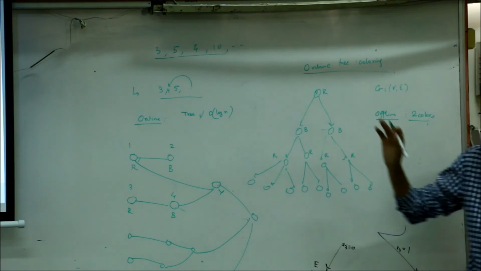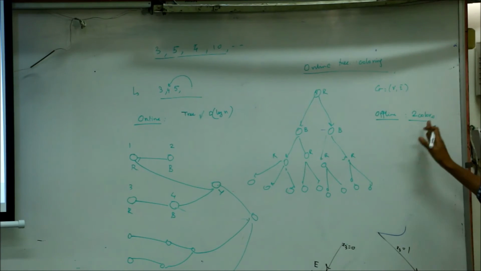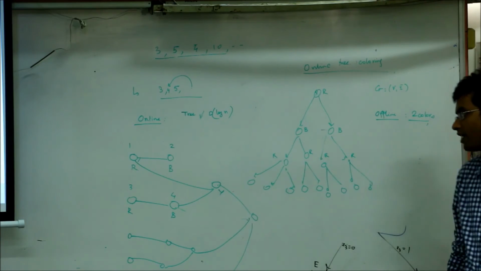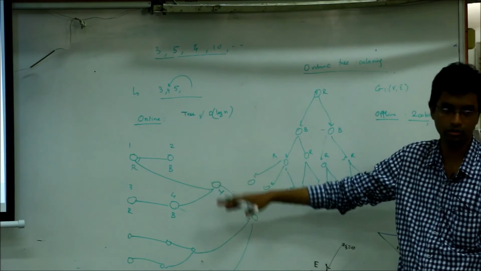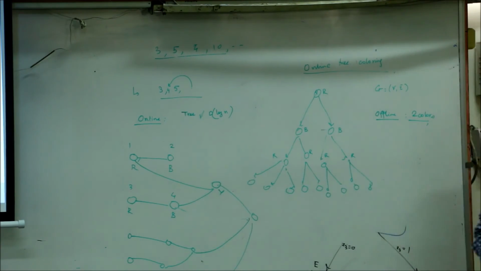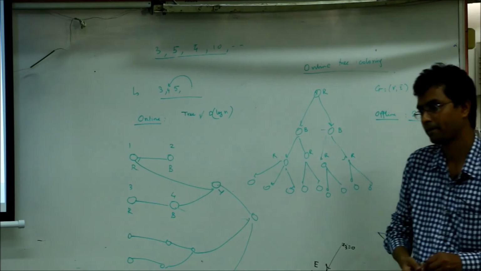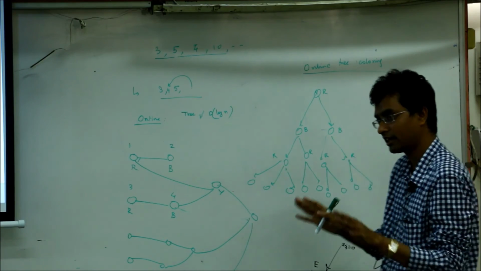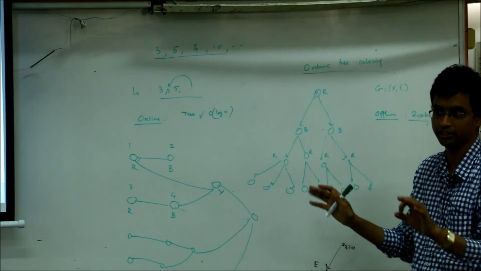That's the complexity. Just to see, in the offline version it was 2 colors. For the online version, you need log n, whereas the best solution is to color it using 2 colors. So you can't change the coloring. Whatever is gone is gone. So in the ideal online version, that's the setting, that you cannot change the color.